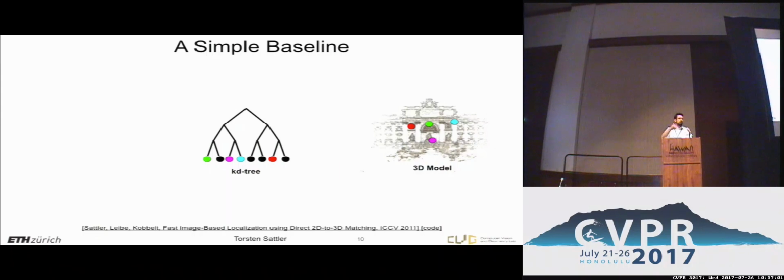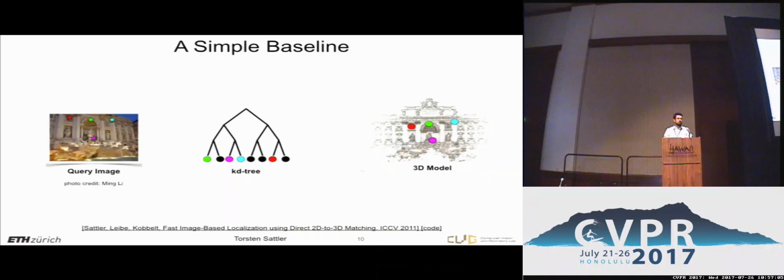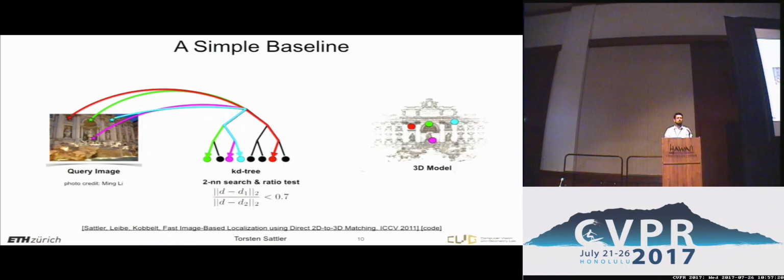That's just binary space partitioning. Given a query image with associated image features, you walk through that tree, get essentially the nearest neighbor and a second nearest neighbor, and then you apply Lowe's ratio test, or the SIFT ratio test. The idea of this ratio test is that you measure the distance to the nearest neighbor and to